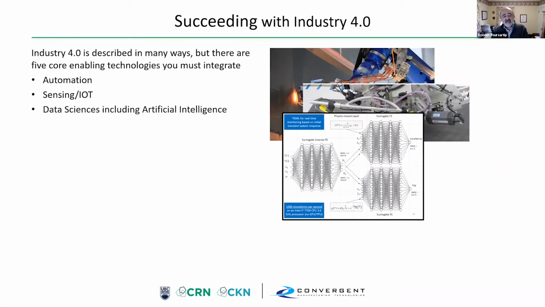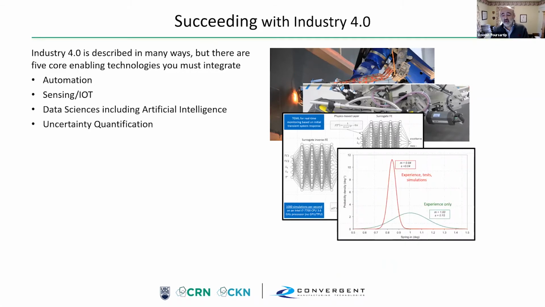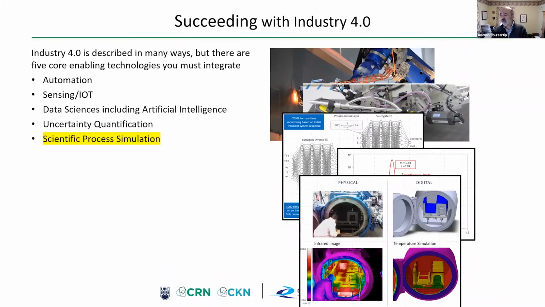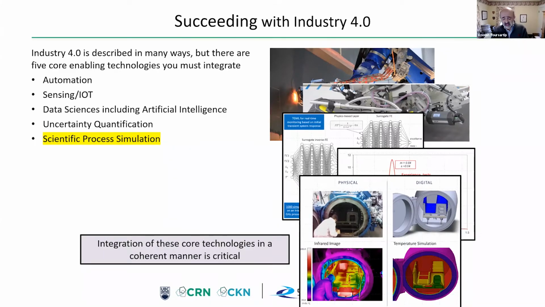We then get into the world of data science, including AI. I like to unpack out of that uncertainty quantification. And the reason I like to do this is because this then gives me a bridge to scientific process simulation, which is the state of the art currently in terms of what we have done to bring digital to manufacturing. And the key thing is that we really need to bring all these technologies together in a very coherent manner so that we can use them all the way from design, because your biggest decision is building the factory, through to actually production for sometimes decades.